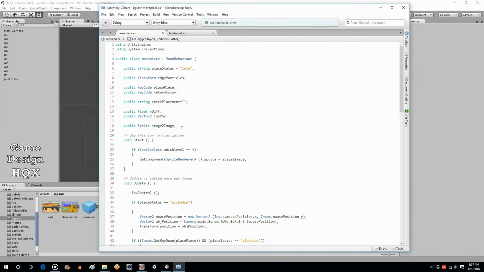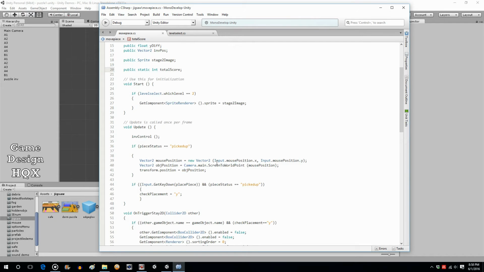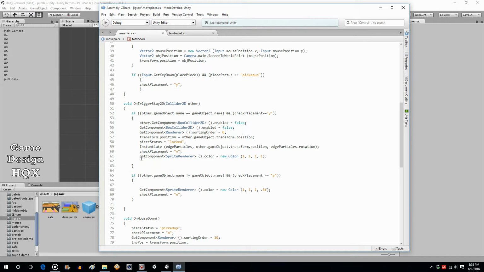So let's add a new variable. Let's call it a public int total score. Actually, let's go ahead and make that a static int, just in case we have to transfer the information to another object. So public static int total score, and in this section, as I mentioned, is where we're going to increase that variable. So